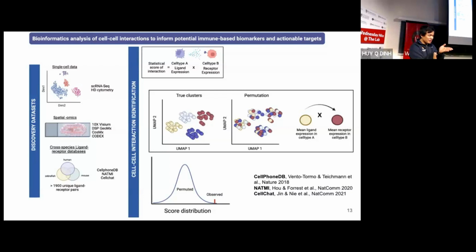But that's really a very good question, because we have a rotation student where I asked her whether there are any hits that don't look like the known ligand receptors. If so, are they maybe de novo interactions? Yeah, we're trying to work on that as well, but currently I don't see any tool that does de novo ligand receptor cell interaction yet.